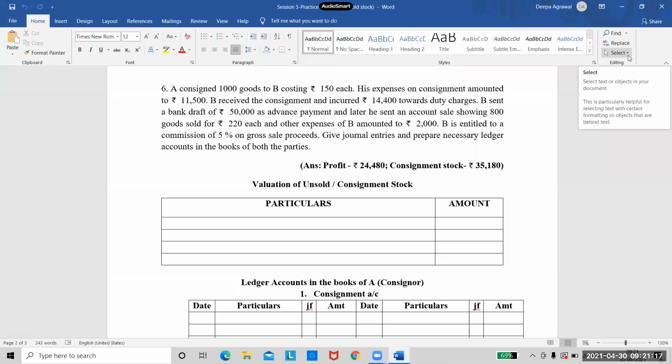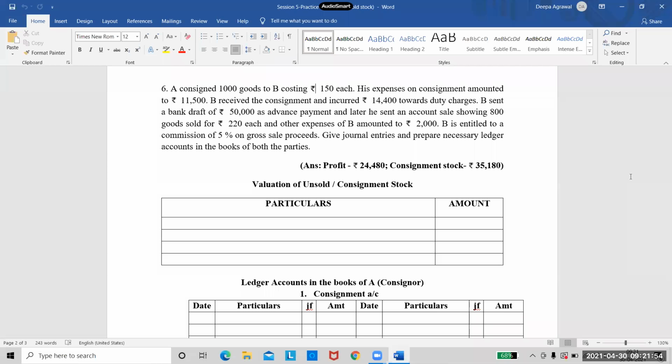So we discussed how to value the unsold stock, or the consignment stock, yesterday in detail, right? We call the unsold stock also as consignment stock. And when we are preparing the books of accounts, we need the value of the unsold stock, not the quantity, because in books of accounts we need to show the value. Only quantity will not be sufficient for us. And in the question, he gives us only the quantity. So we have to calculate the value of that unsold stock, and then that amount is to be credited to the consignment account, right?